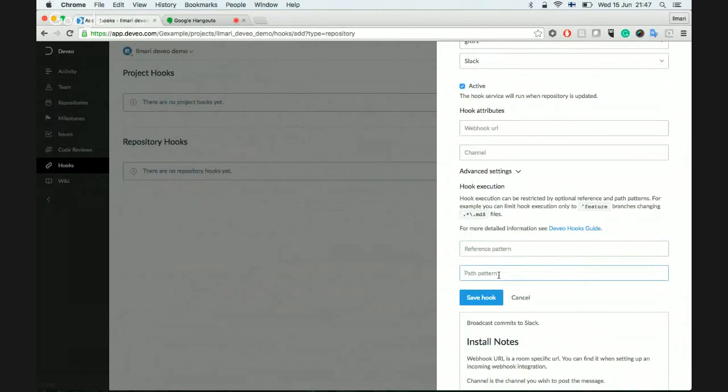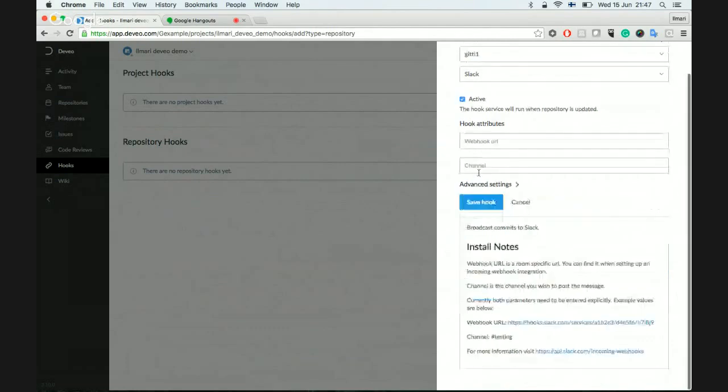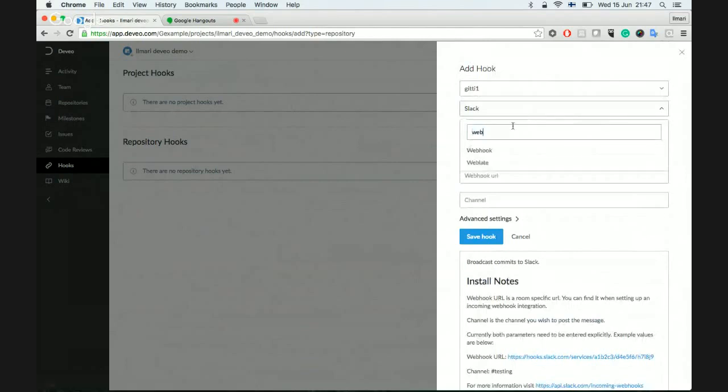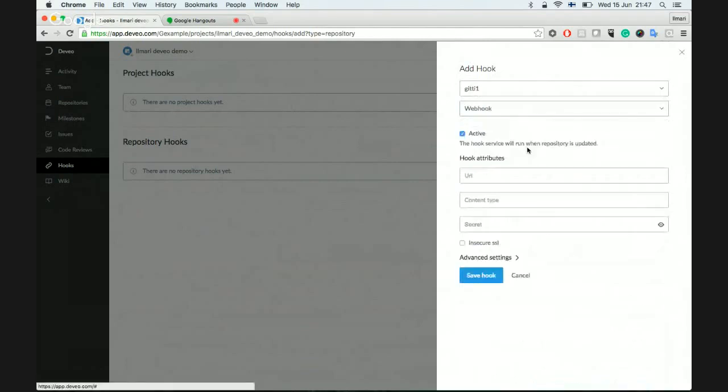And this is a nice feature. You don't need to configure much extra. Just use the reference pattern and get on with it. And this functionality is available naturally to all of the hooks. So if you have, for example, a more typical web hook that you can use in your own services that you have created, you can use it with that. You can use it with anything basically. But yeah, and then